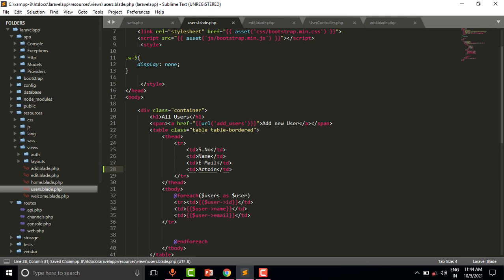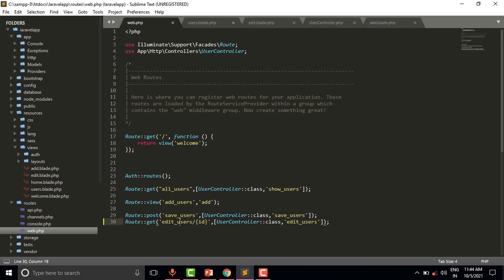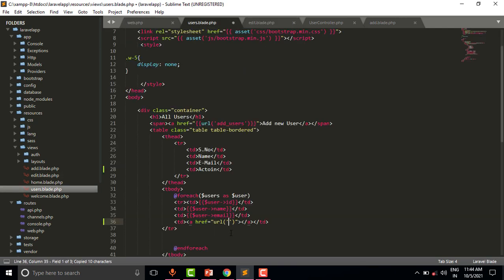Action, URL, we will copy this URL, also we will use the double quotes inside this function, slash, and we will pass the user ID.